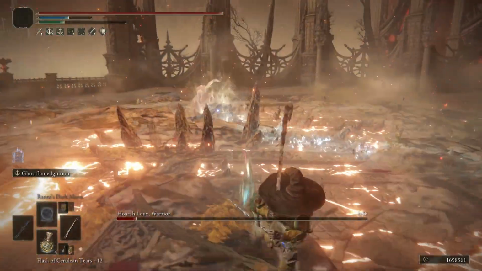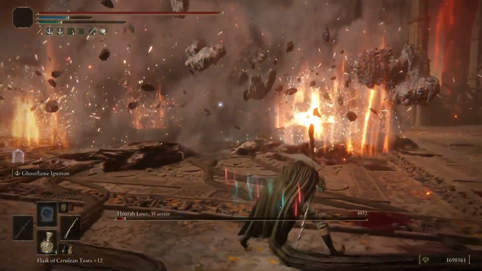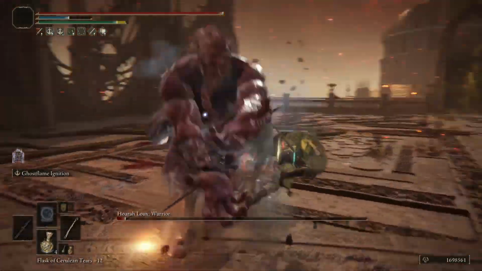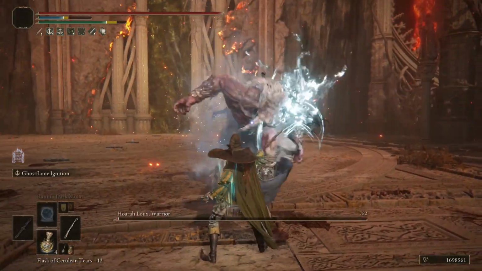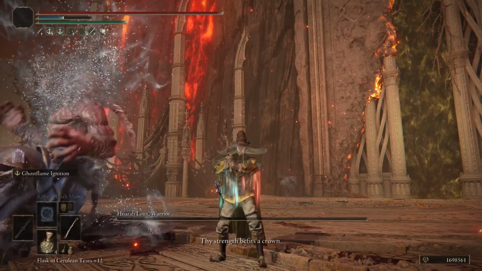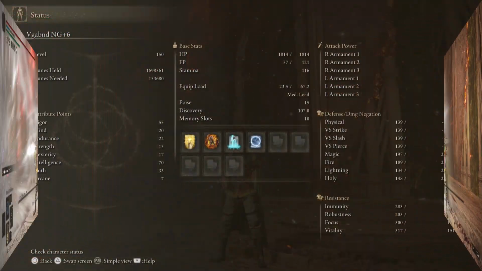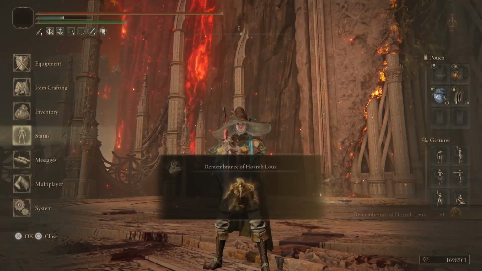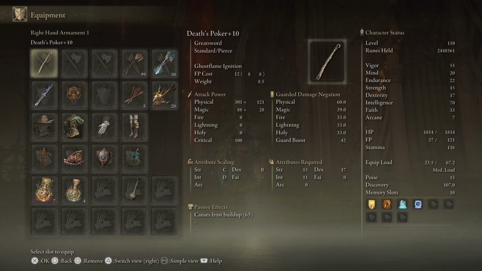And there's a light attack version of the weapon art, and as you can see, Orlu was sitting in it and still taking damage. For stats and equipment, for min-maxing, you're going to want to start off as the Vagabond. 55 Vigor, 20 Mind, 22 Endurance, 15 Strength, 17 Dexterity, 70 Intelligence, 23 Faith, we get 33 with the Faith